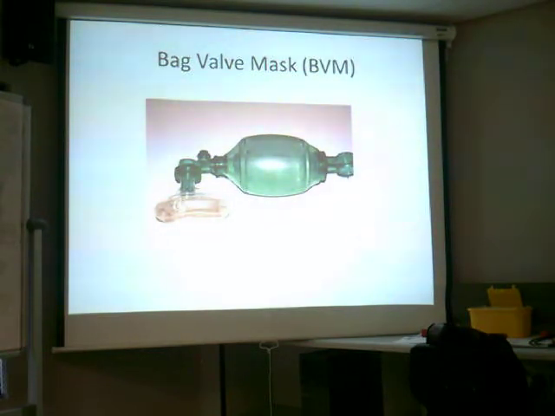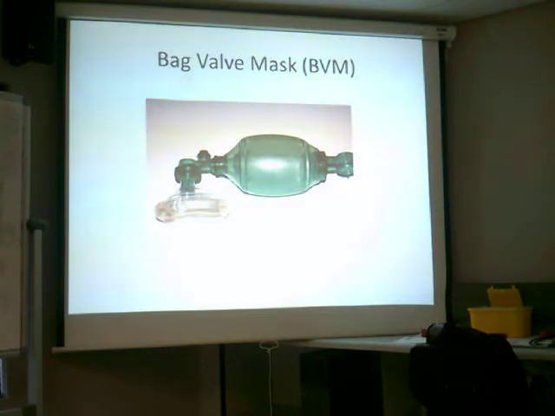The generic name, if you want to call it that, is a bag valve mask, but a lot of the times they will refer to Ambu, it is so common. They will say, go and give me the Ambu bag, even though the name is not Ambu, but they're referring to the bag valve mask. So when you look at the bag valve mask, you will see you have a coiling and recoiling system. So there's a place where you can press and release.